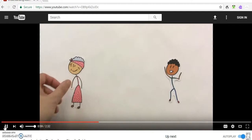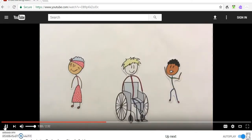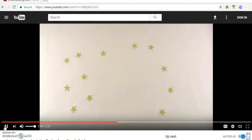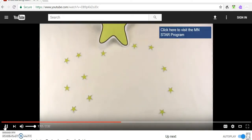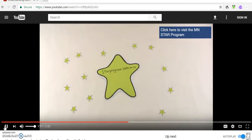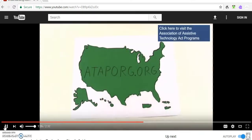Whether you're young or old, male or female, whether you've had a disability from birth or developed one over the years, AT can help. Finding AT is easier than you might think. Every state has an Assistive Technology Act program to help you find AT. In Minnesota, it's called the STAR program. You can find it at starprogram.state.mn.us. To find a program like STAR in another state, check out the Association of Assistive Technology Act programs at